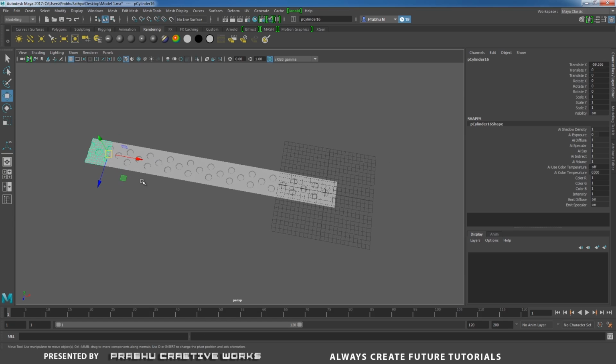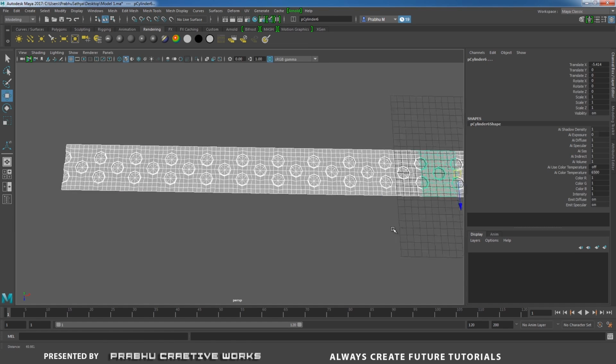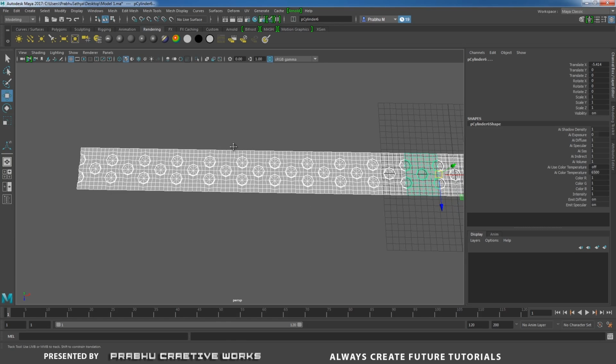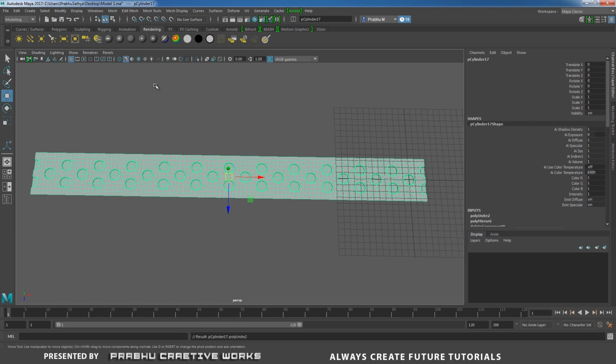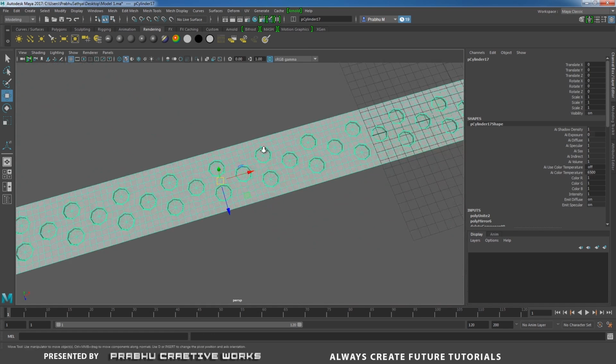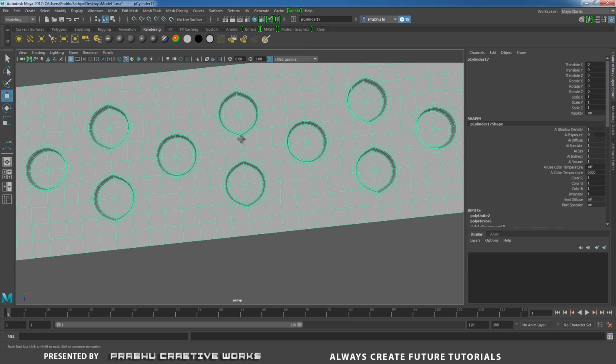Okay, so in this case I will take 1, 2, 3, 4, 5, 6, 7, 8. So in this case, 12 duplicates. So now I select all my objects and go to mesh and choose combine. So I will combine this object, but when you press 3 on the keyboard, so see here